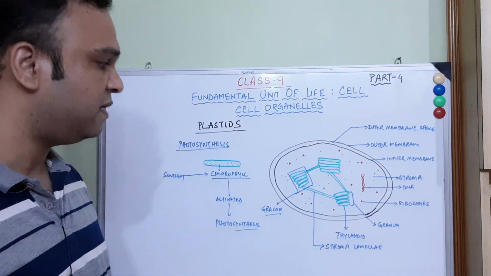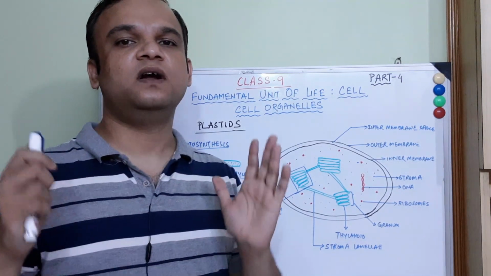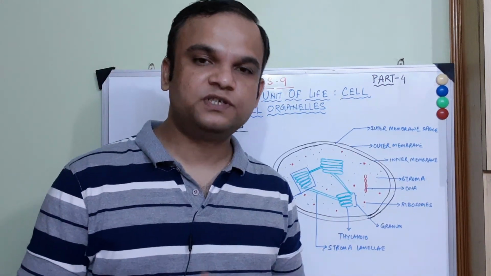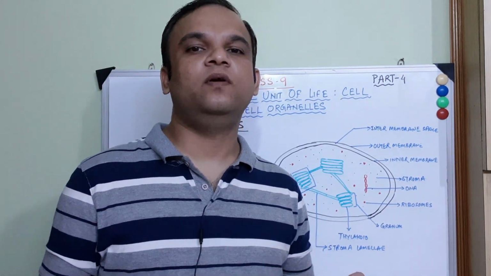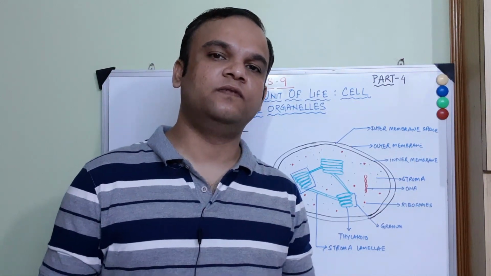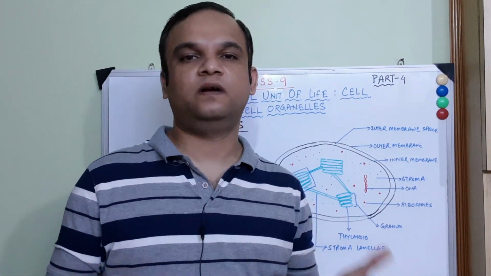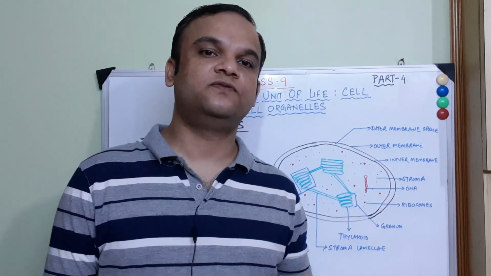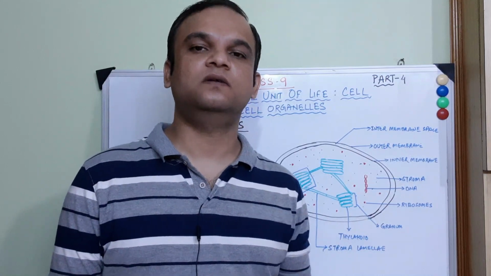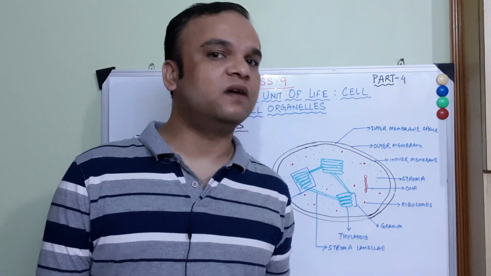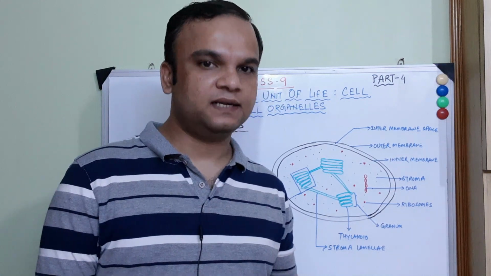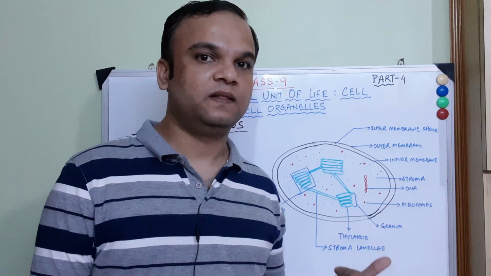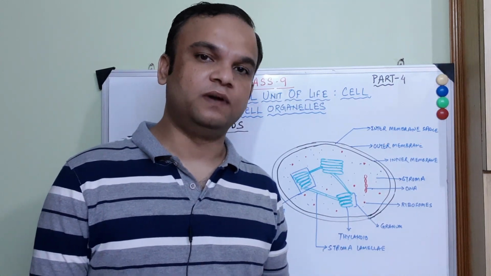Okay. So chloroplast is responsible for the major food production of this living world. Once the food is produced after photosynthesis is done, it can be of various types. It can be in the form of proteins, lipids or carbohydrates. And on that basis, the storage forms of these substances are also different. So let us go into details of these plastids and understand how these food substances are stored and what are the functions of the other two plastids, that is chromoplast and leucoplast.